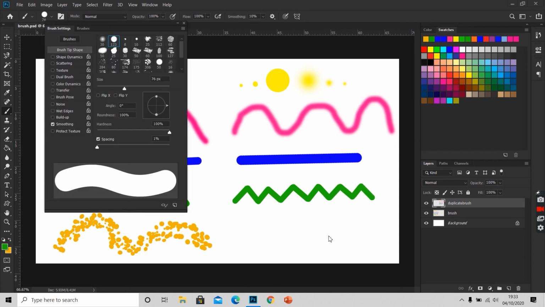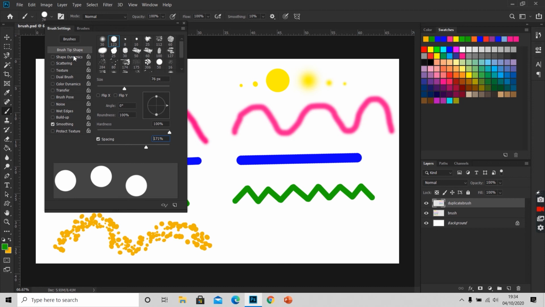Last is a custom brush. We select a round hard brush, and then we will go to the brush settings panel. So here I'll go to spacing and enter around 350 to 400%. You can toggle between these. So here you will learn the brush is made of a simple unit and replicates itself seamlessly to create a single stroke.